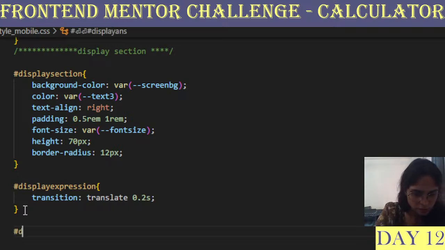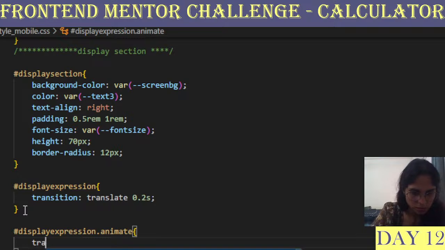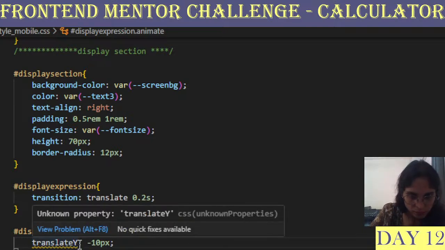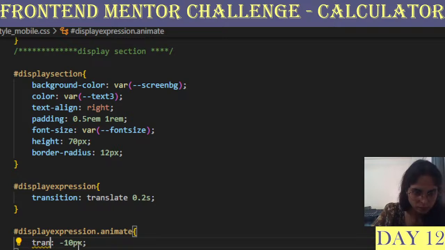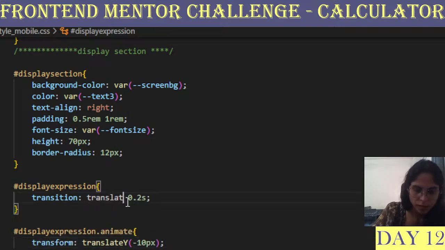And then display expression.animate. Oh, it's transform. And here I will do transform.